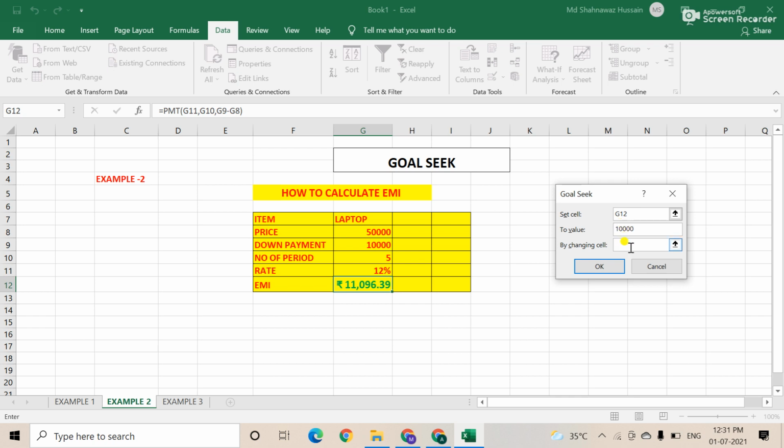So by changing cell, the down payment, how much I pay as the down payment. Because the EMI is less. If I pay 10,000, then the EMI is 11,000. But suppose I want the EMI to be less, say 10,000, and how much down payment I will actually pay. This is the calculation.